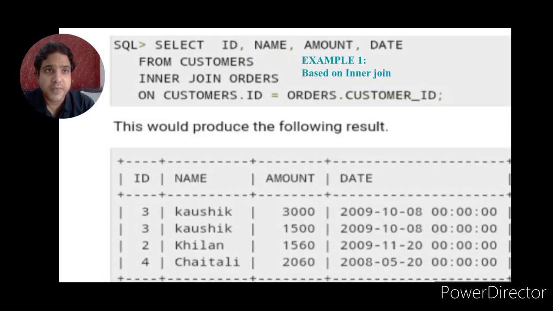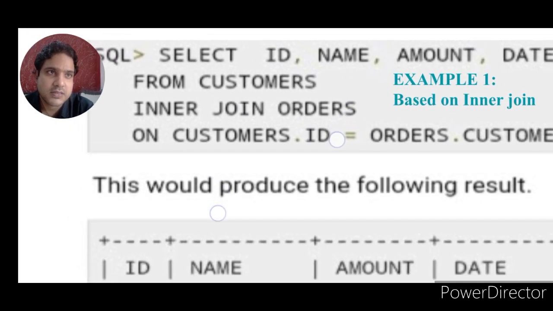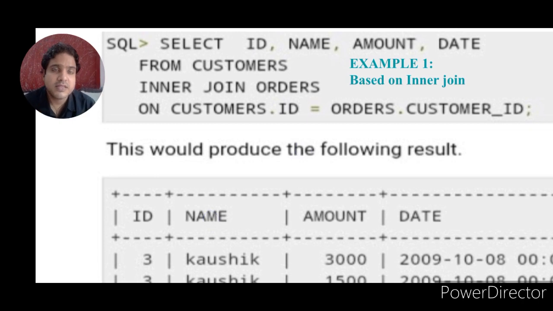This is the example based on inner join. According to the inner join syntax above: select ID, name, amount, date. These are the attributes from the customers and orders tables. After that we write from customers.